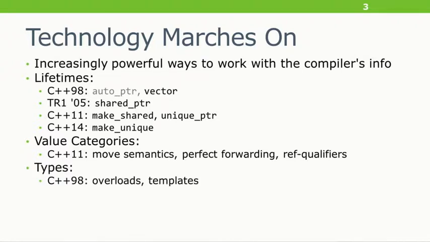And then as for types, as I said, it's really easy to forget all the stuff that's doing for you. But in C++98, we had both overloads and templates. And these are extremely powerful features. Imagine living without overloads and templates. I mean, just go back to programming C. Ugh. What these do is, based on the type information, they allow you to select a different function. If you go look at C, just for its square root or absolute value or whatever functions, they have to name them differently to work on floats versus long doubles versus doubles.